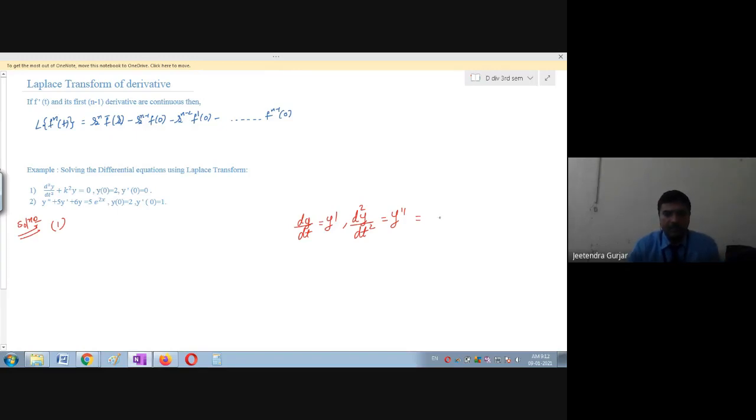So this can be written as f double dash of t, because this is a function. If you draw any curve, I think you know the basic: f of x is equal to y, right? But here the variable x is our time domain, therefore we have taken f of t is equal to y, or y is equal to f of t. Am I right? So one can easily identify there are two dashes there, right? So n is equal to 2 means you're going to use this formula, substituting n is equal to 2.